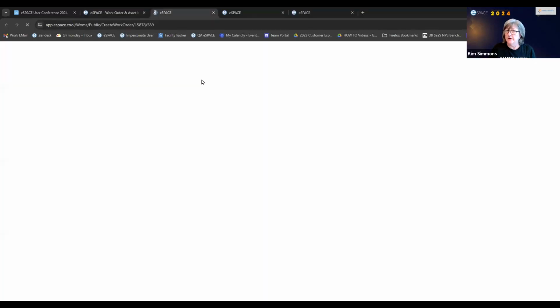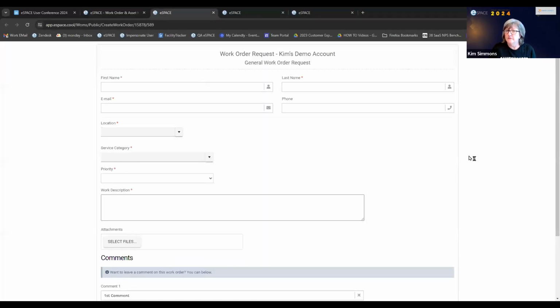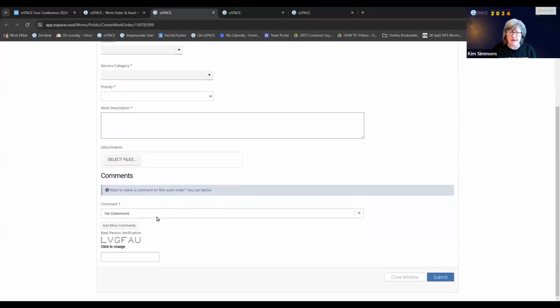I meant to click here and look at it. So this is my general work order request form. You'll see I've got a number of fields that are required that need to be filled out, including that description. I even have the ability to attach files when you fill out a work order. Maybe you took a photo of that sink that's backed up when you're filling out the work order. If only everyone would do that for us, right? They can attach it right here, do that real person verification, submit it, and it's going to route right into